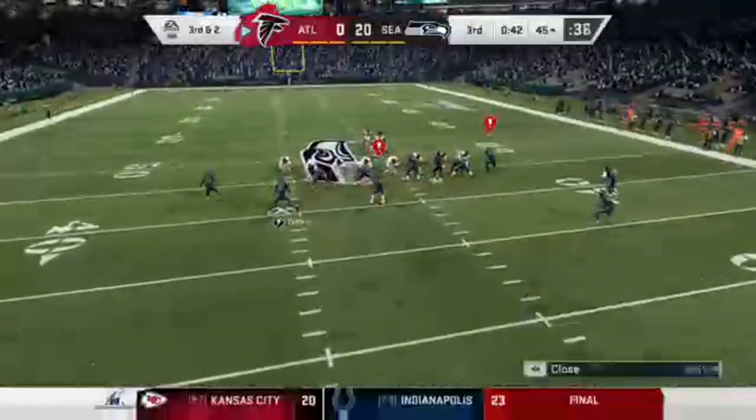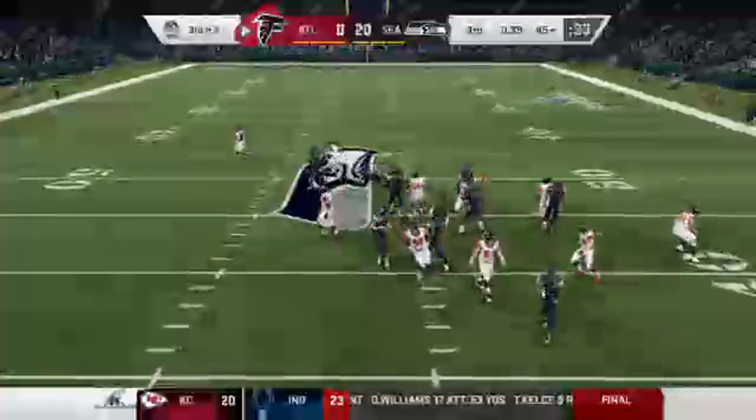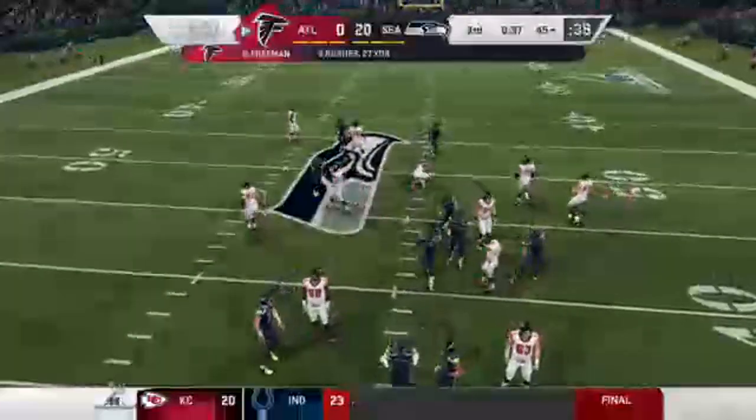A second down pass play there, but it's incomplete. After the incompletion, here now, 3rd and 2. Back to the running game. It's Freeman. Yeah, Freeman was trying to work his way forward, but I don't think he got...